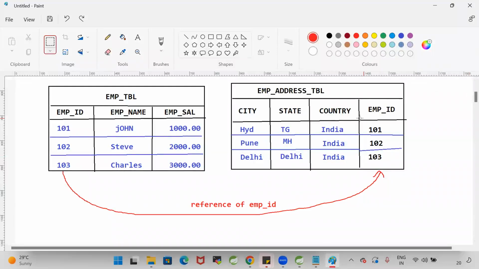For 3 addresses, can you insert 3 records for the employee in the employee table? No. If you want to maintain 3 addresses, can you insert 101 John with the present address, 101 John with the permanent address, 101 John with the office address? Is that recommended? Not recommended. So always we need to go for